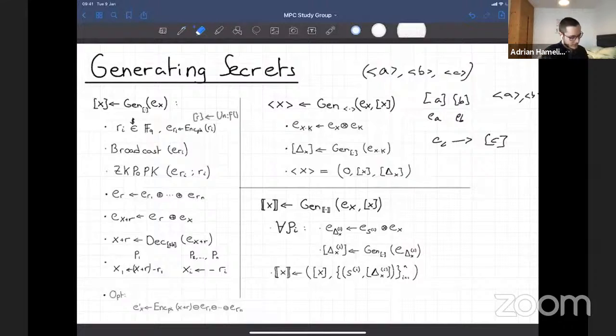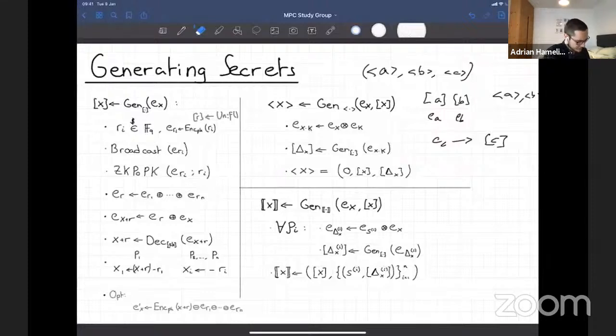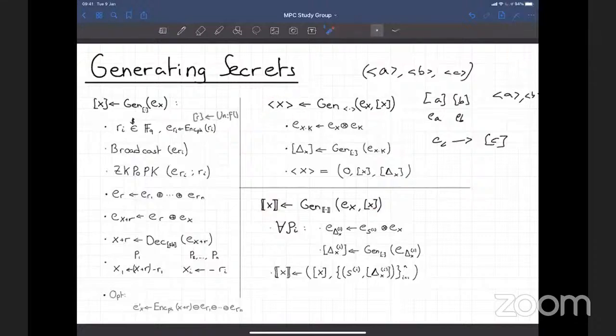So for these, you would just generate a random value and its ciphertext. It's easy to generate this, right? Because you just need to sample uniformly. You then generate the ciphertext, you do broadcasting, and so on, you obtain this and the ciphertext. And so from these two, you can obtain the double bracket ones. But you don't need to obtain Beaver triples of these. You only need to obtain Beaver triples of these. Okay, so that's the preprocessing. I get it. Okay.